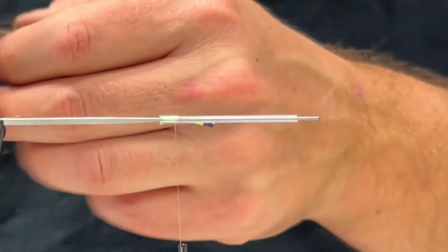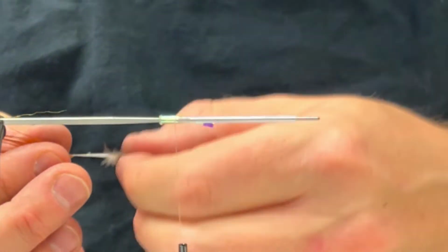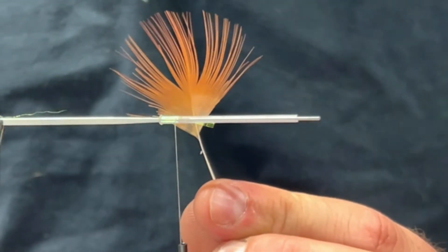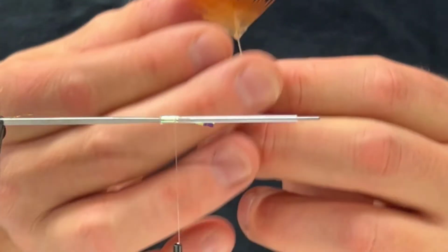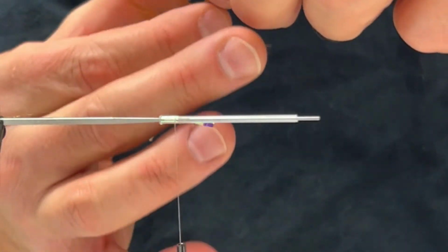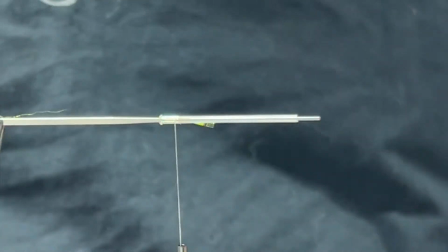I was just checking the chat, and I lost my train of thought. But basically, we need one of the red feathers here for the first hackle, and we need to tie this in the tip. Depending on what size you want this,